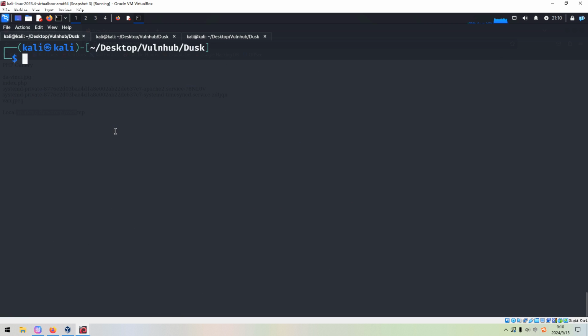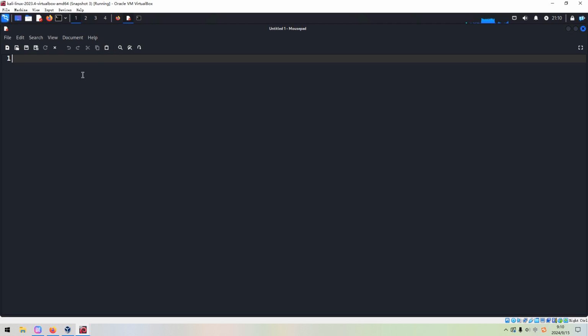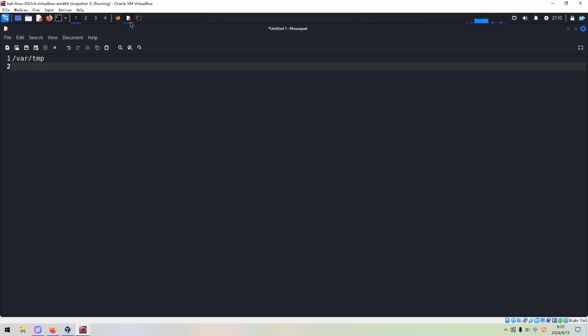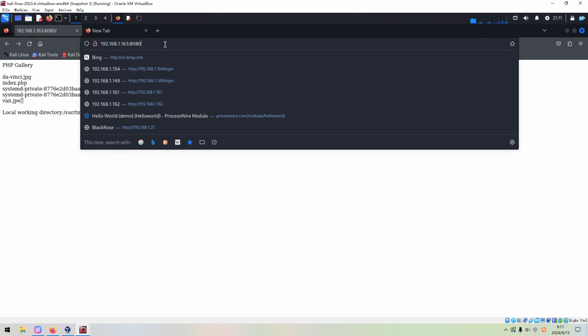Okay, so how to proceed? I think it's time to go back to the browser, and from here we can get something. First of all, we can know that we are within this directory. This is the first point we can get, and another one, we can get the directory and the file information through the browser. So the first thing I like to check when doing this machine is whether the target has a directory traversal vulnerability.